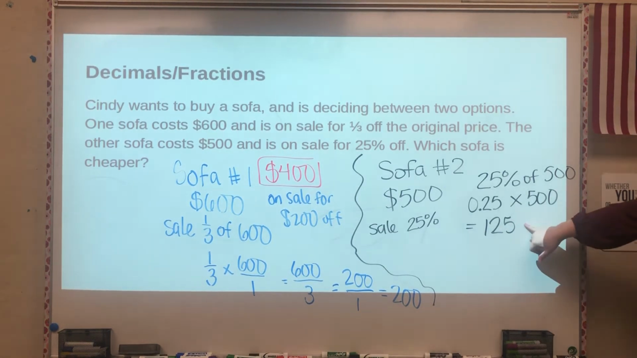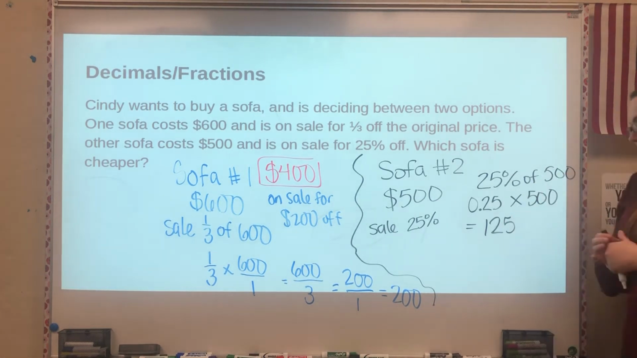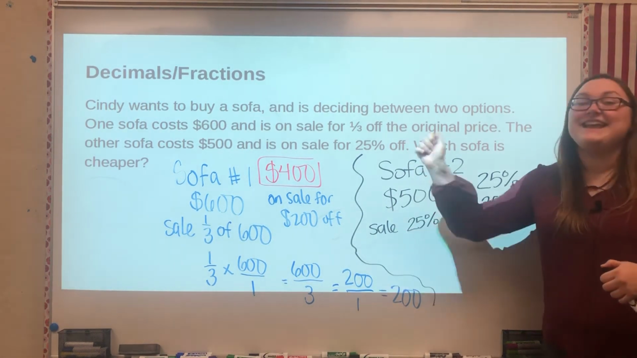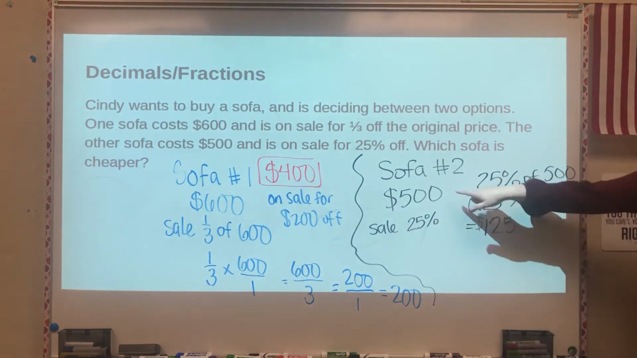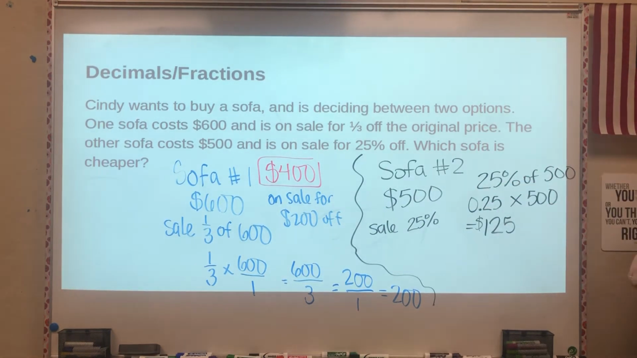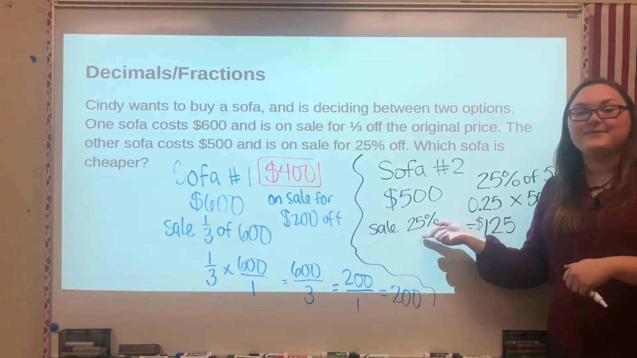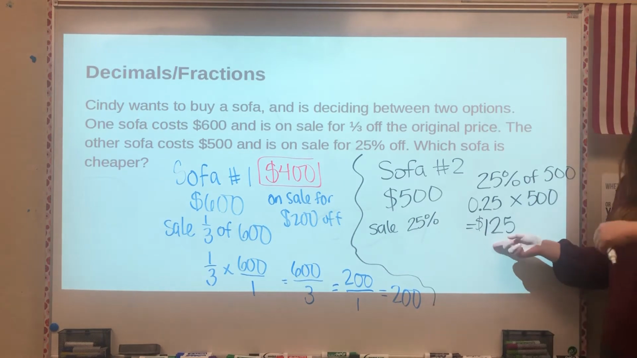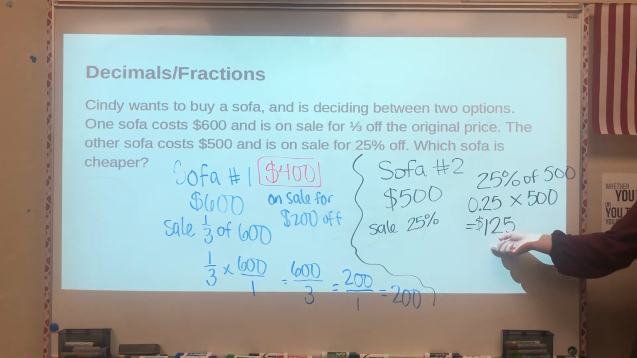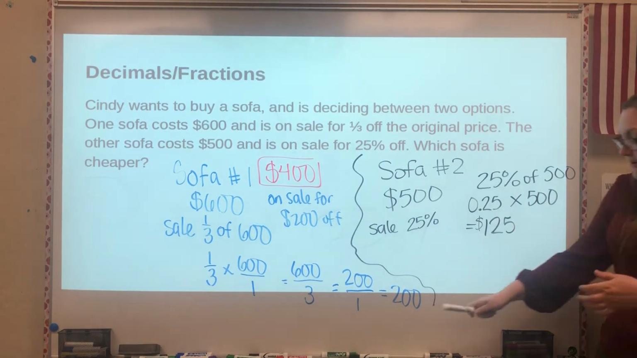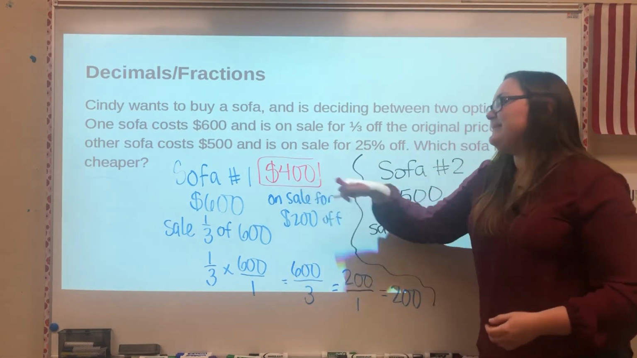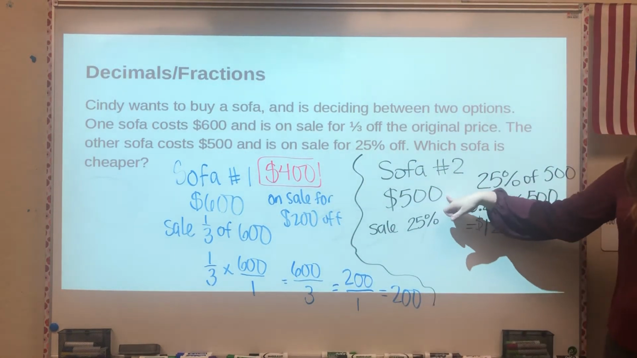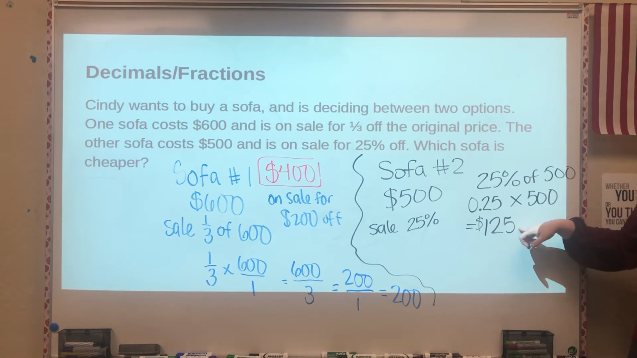So what did we just figure out there? Well, 125, that's how much money it's on sale for. I'm not on sale for, sorry. That's how much money you're taking off with the sale. So we found out that original price is 500. It's on sale for 25% off, which we figured out is $125 off. So to find that total price, same as what we did over here, I'm going to take my original price, subtract the money you're saving with the sale, and that is going to give us